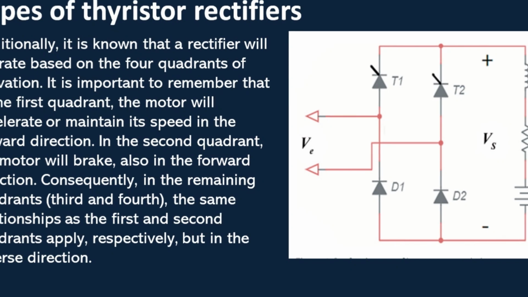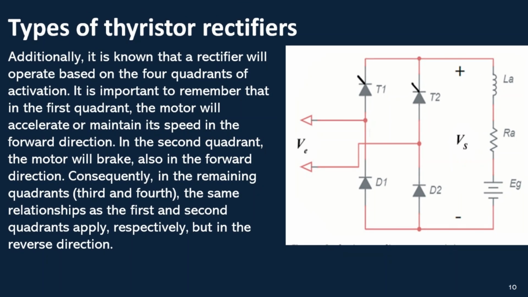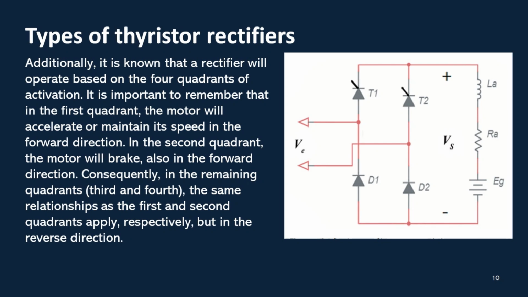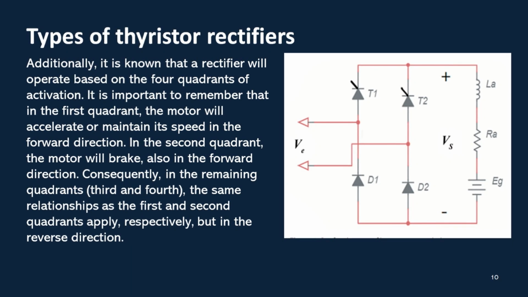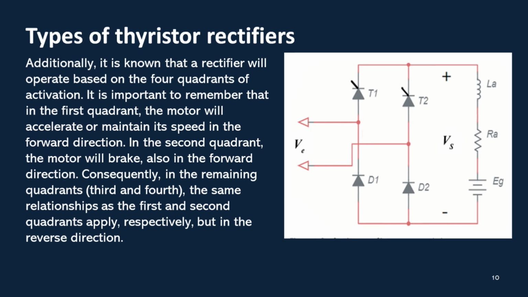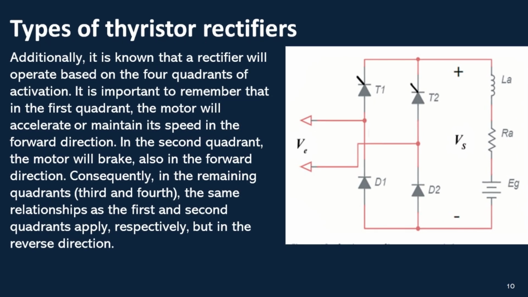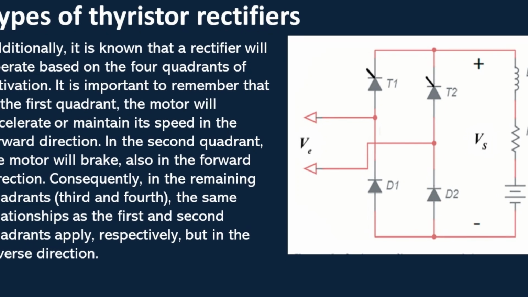Additionally, it's recognized that a rectifier operates across 4 quadrants of operation. It's crucial to note that in the first quadrant, the motor accelerates or maintains its speed in the forward direction. In the second quadrant, the motor brakes in the forward direction. Consequently, in the remaining quadrants, third and fourth, similar relationships apply as in the first and second quadrants, respectively, but